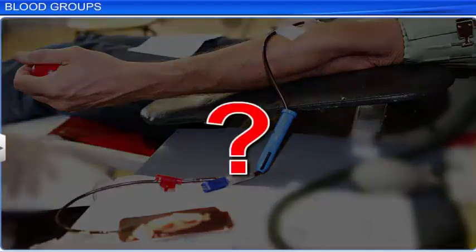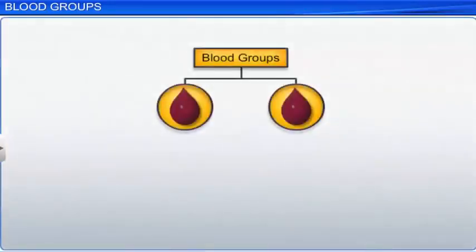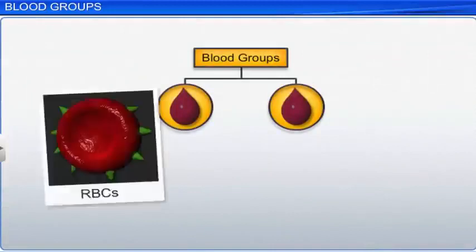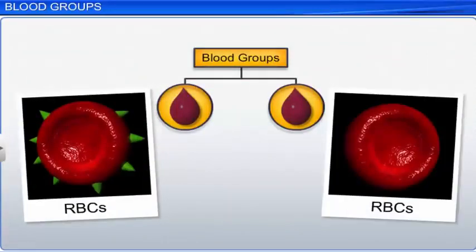Do you know what your blood group is? Blood in humans can be grouped based on the presence or absence of special proteins called antigens on the surface of the red blood cells or RBCs. Based on these differences,